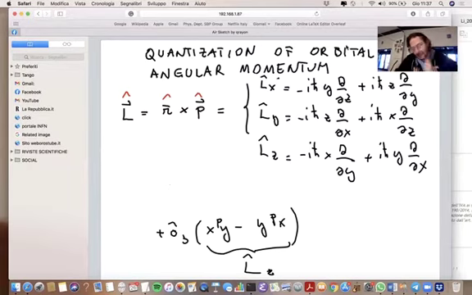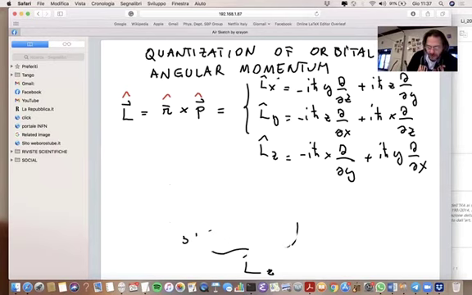Okay, so these are the three components of the orbital angular momentum operator. And there's nothing deep in whatever we've done so far, other than apply the quantization rule we already discussed. Now,